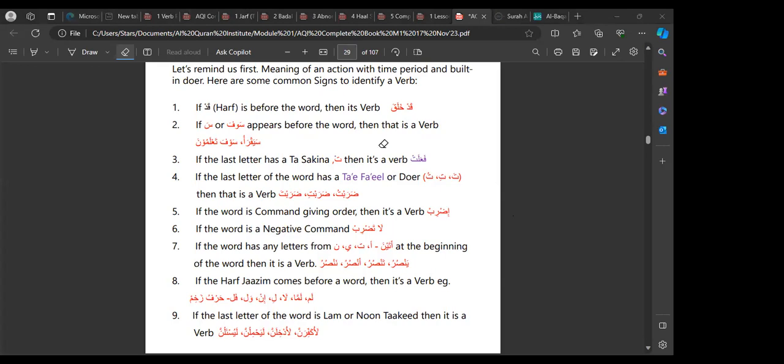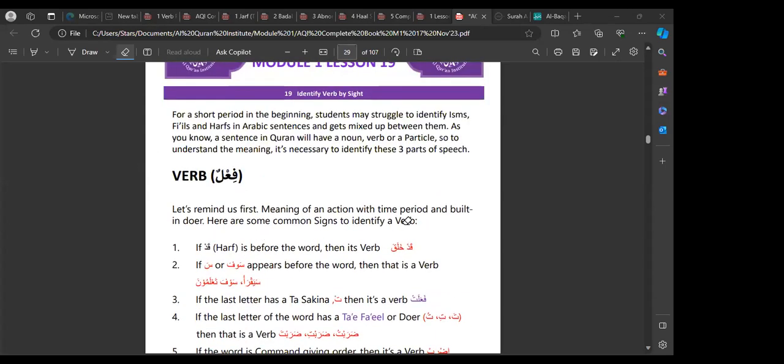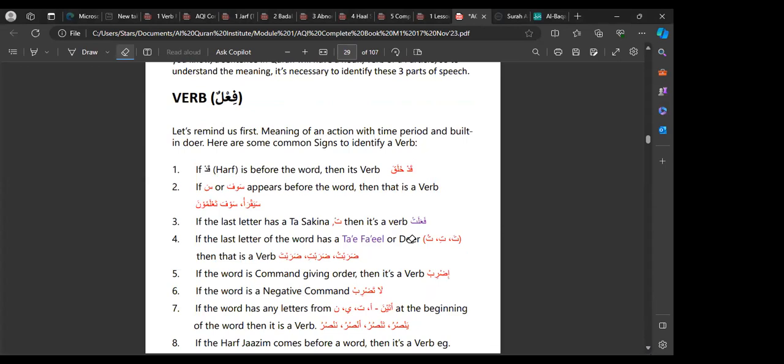For example, the harf jazim, we've got a whole lesson on that. The lam ta'keed, we've got a lesson where we go through a table with examples of that. So don't worry about these too much. This is an introduction to some of these signs. The key thing is for you to recognize them, and we'll see examples later, inshallah.